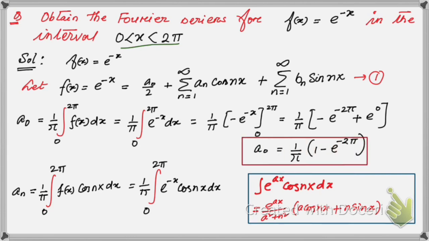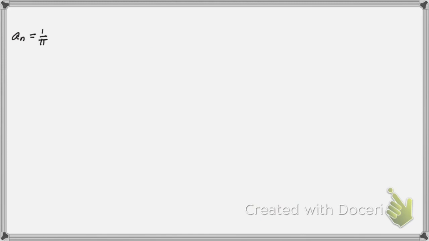Now here you see, if you compare this, if you use this formula here, then you can see clearly that e to the power ax is e to the power minus x, so the value of a is minus 1, and so integrating this we're gonna get, let me write in the next page. So let me go to the next slide. So here we're gonna get this is equal to,